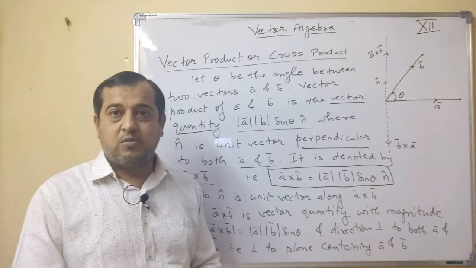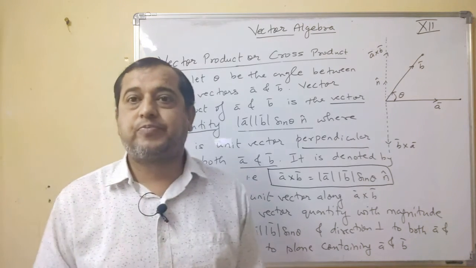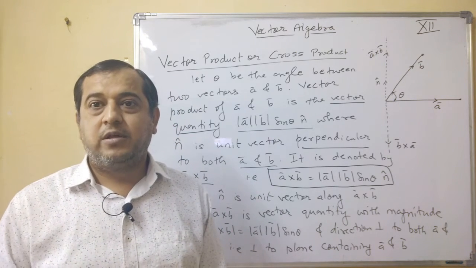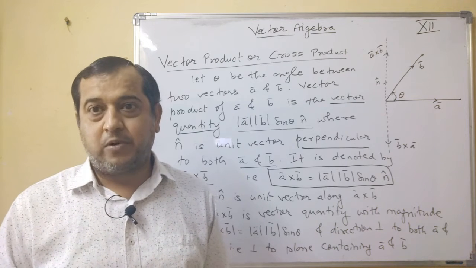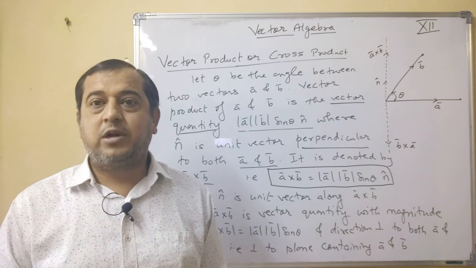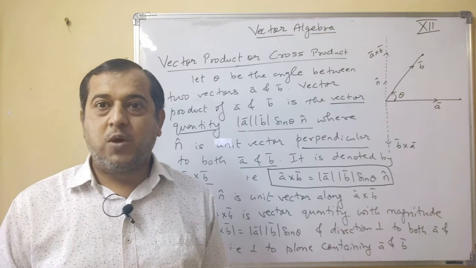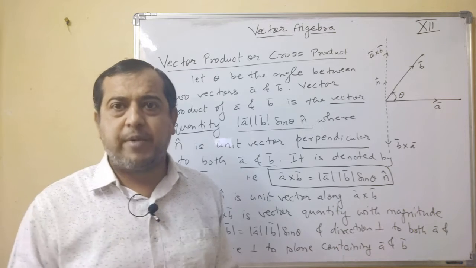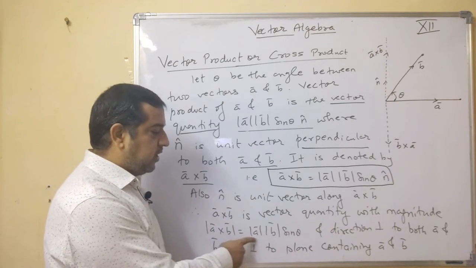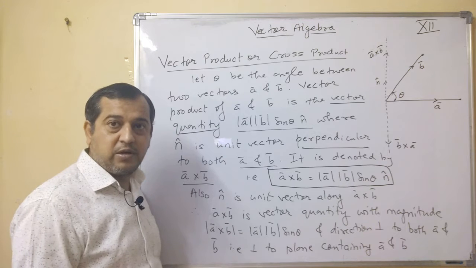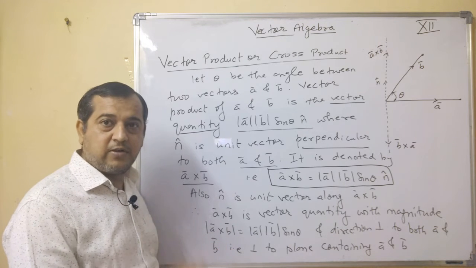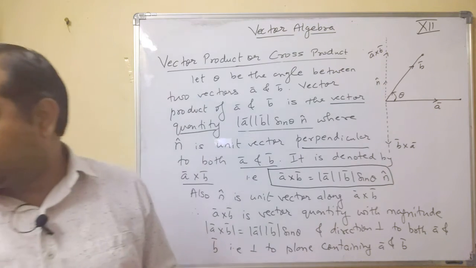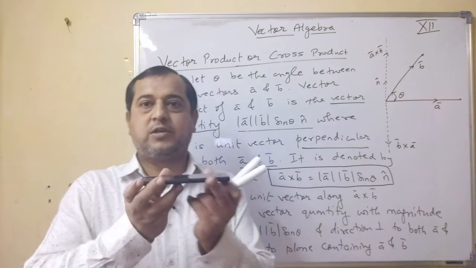Now try to understand it very clearly. Scalar product, because it is a scalar quantity. Vector product, because it will be a vector quantity. Now if it is a vector product, it should have two things: one is magnitude, the other is direction. No problem with the magnitude. See this, vector A, vector B, sin theta, this is the magnitude, so no problem with it. What about direction? What is the direction? Now see this.